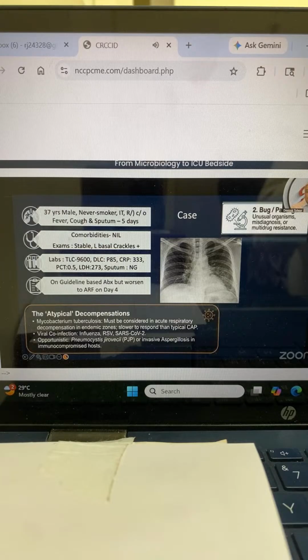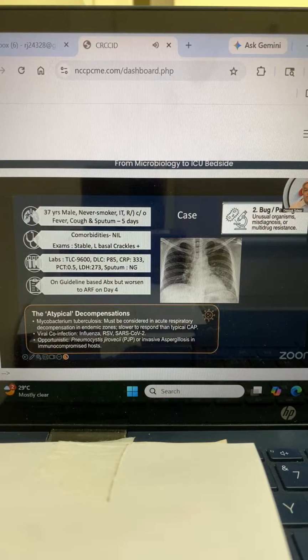So we should always remember that whenever there are atypical decompensations, there may be co-infections, which were very beautifully highlighted by Dr. Dhruv, that influenza, RSV, human metapneumovirus and parainfluenza viruses are all there along with bacteria, and there may not be one organism which is driving the instability in the patient, but the other one which is perhaps not detected, not treated, or perhaps there's no treatment for it, may be responsible for the development of acute respiratory decompensation,